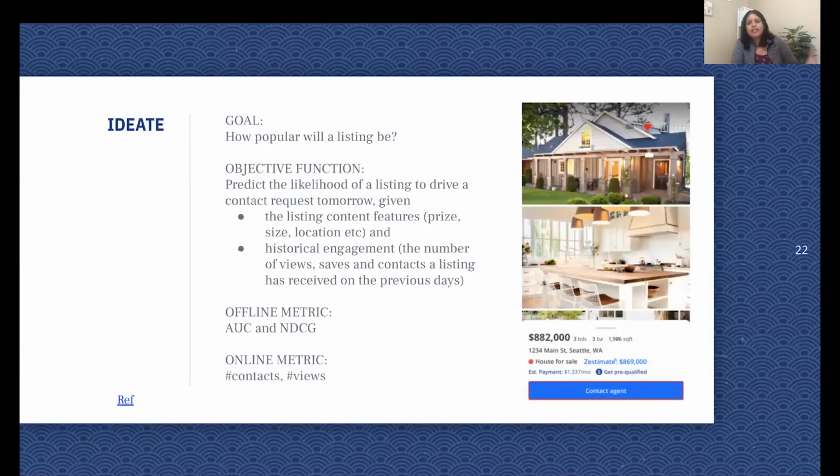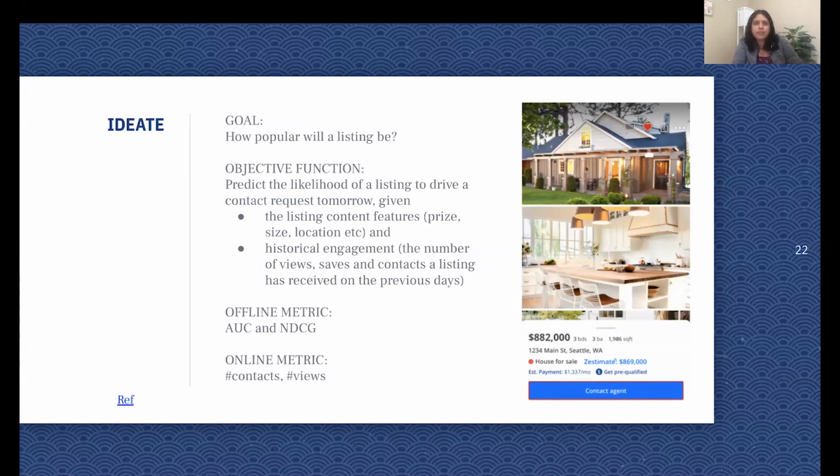Then let's take an example. This is a real life example from Zillow. Now, on the right in the picture, we have our UX, which we call the home details page. This shows us details about a home that a user is clicking on. As you see, the price is there, the address is there, the Z estimate, and then there's this button called Contact Agent. So if you have questions and you want to contact an agent through Zillow, you can click on